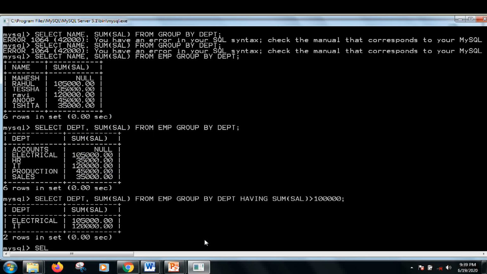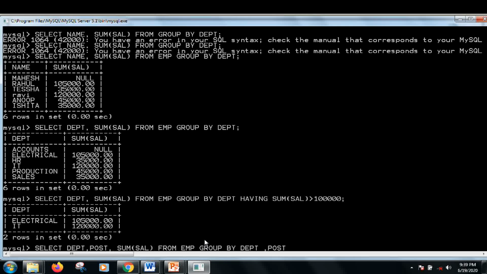You will write select department, sum of salary, group by department, and then within that department group on the basis of post. So here you will write all the things in the output: department, post, and sum.